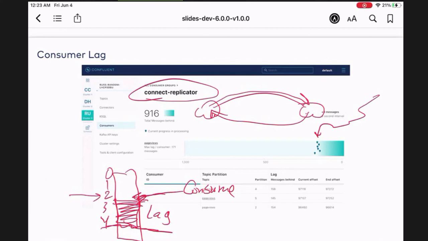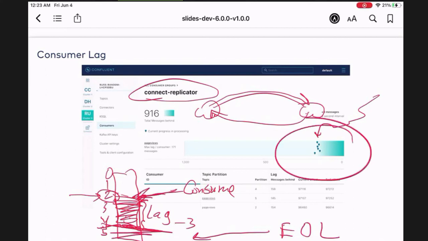This consumer is a couple of messages behind, like 2 or 3 messages, because the end of log is, let's say, at 5 and the consumer is at 2. So the lag here is the number of messages between, so that's 3 messages behind, because it's what they call the end of log, EOL. So a lag is from where the consumer is to where the end of log is. But you can view all that kind of stuff in the cloud.